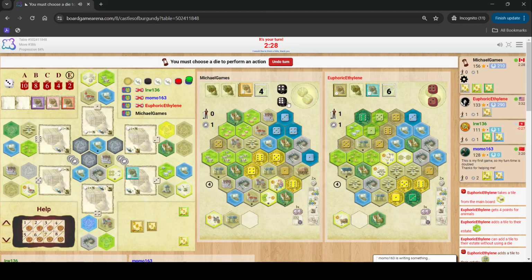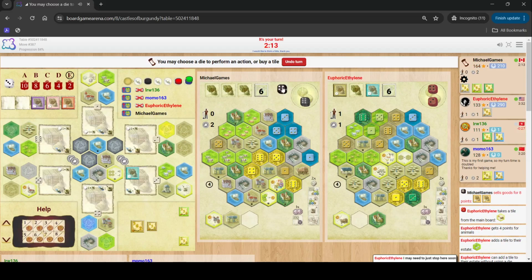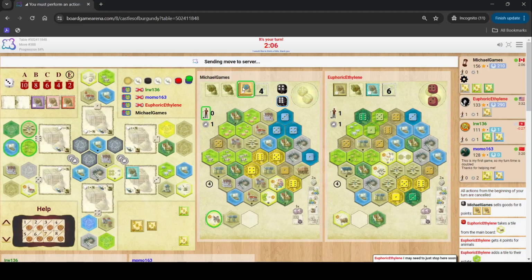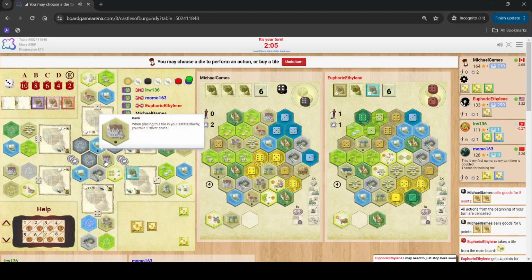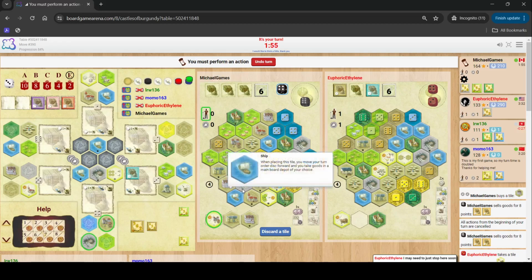Okay, it's my turn. I rolled a 4 and a 6. I will sell my 6 for this. And oh no, wait. I'll undo that turn. I'm going to sell my 6 for this. Get this. And then with my 4, I'm going to...